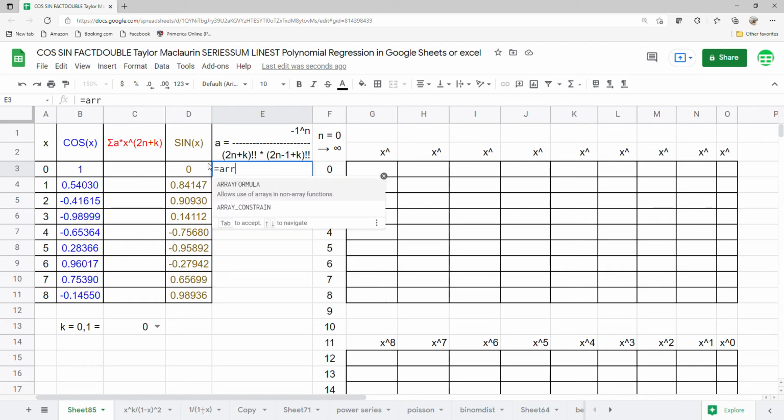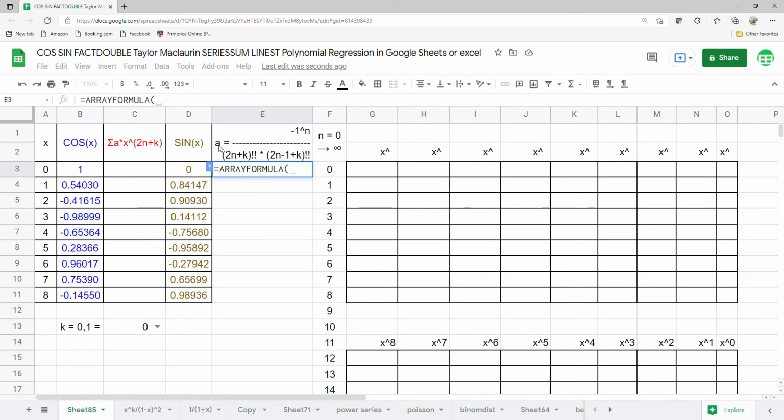Now the expansion coefficient. So array formula, minus 1 raised to the power n. And we'll copy these values of n because we're going to use that very often. Control C. Divided by,